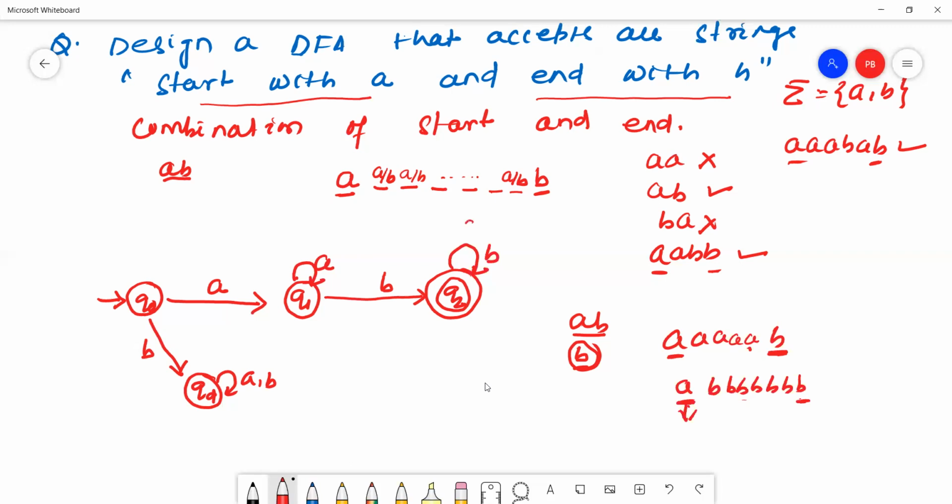No. If I take A on the Q2 state, the string will end with A. The string may be generated like A, B, A, which ends with A. So I can't stay on Q2 with A; it will go back to the Q1 state.